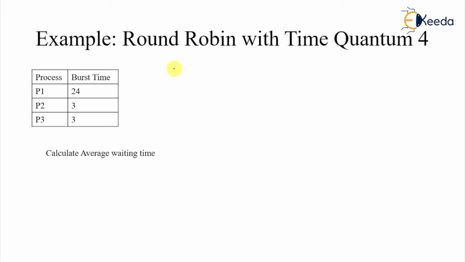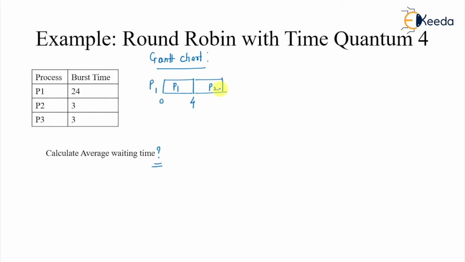Now let's implement this. The question here is to calculate the average waiting time. P1 is there, and we are going to allocate P1 first, and the time quantum is 4. So from 0 to 4, P1 will be allocated. Let's draw the Gantt chart for this. P1 is allocated for 4, and then after 4 time units we will come to